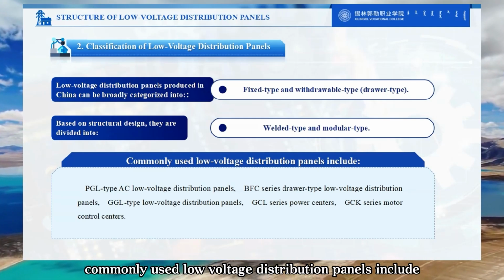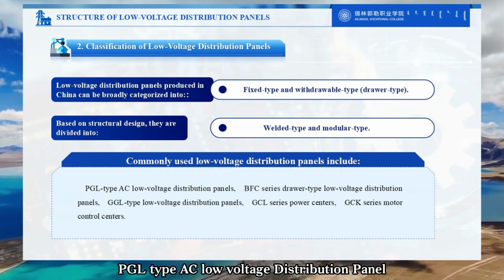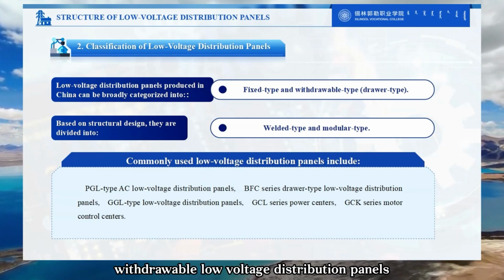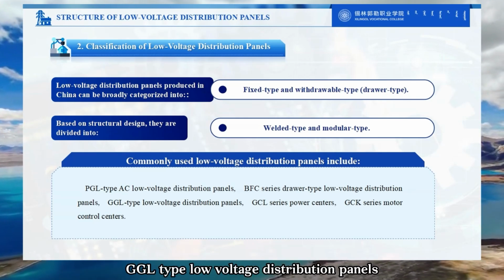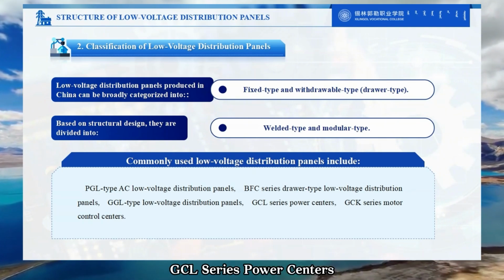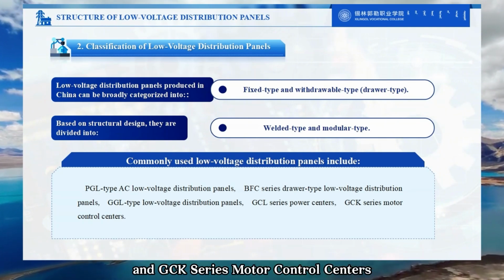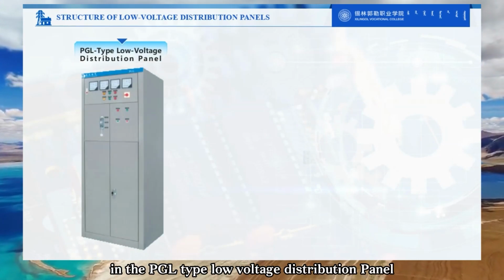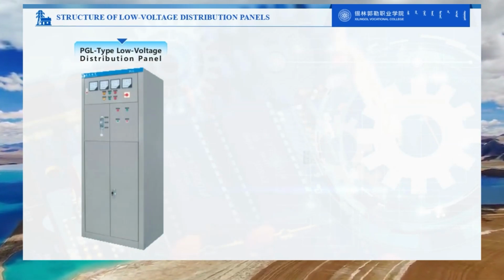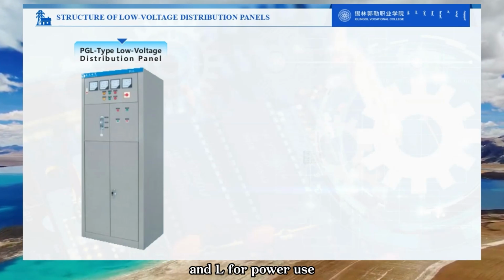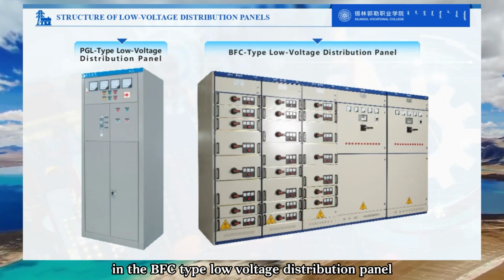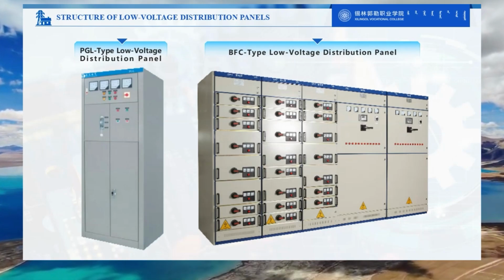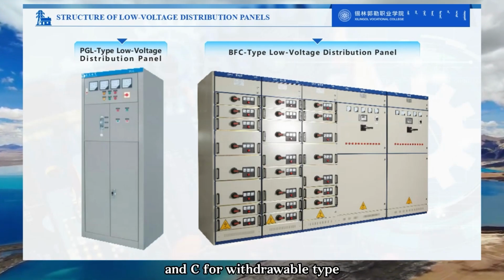Commonly used low-voltage distribution panels include PGL-type AC low-voltage distribution panel, BFC series withdrawable low-voltage distribution panels, GGL-type low-voltage distribution panels, GCL series power centers, and GCK series motor control centers. Among them, in the PGL-type low-voltage distribution panel, P stands for distribution panel, G for fixed type, and L for power use. In the BFC-type low-voltage distribution panel, B stands for low-voltage distribution cabinet, F for protected type, and C for withdrawable